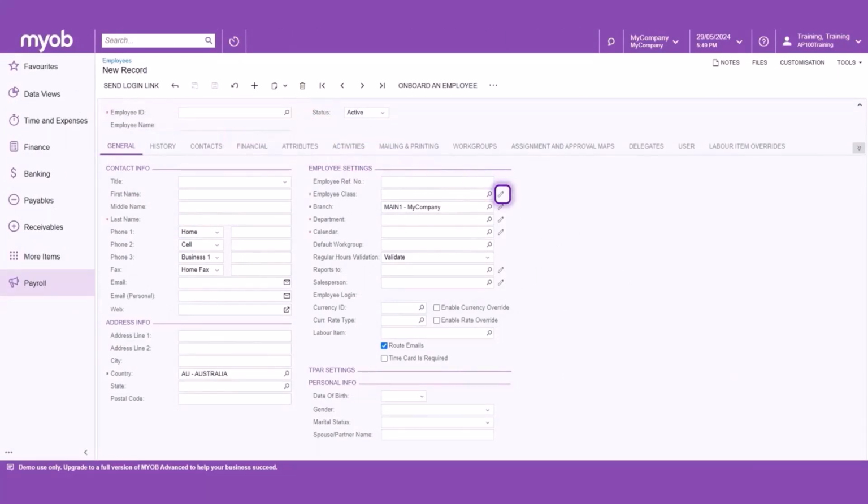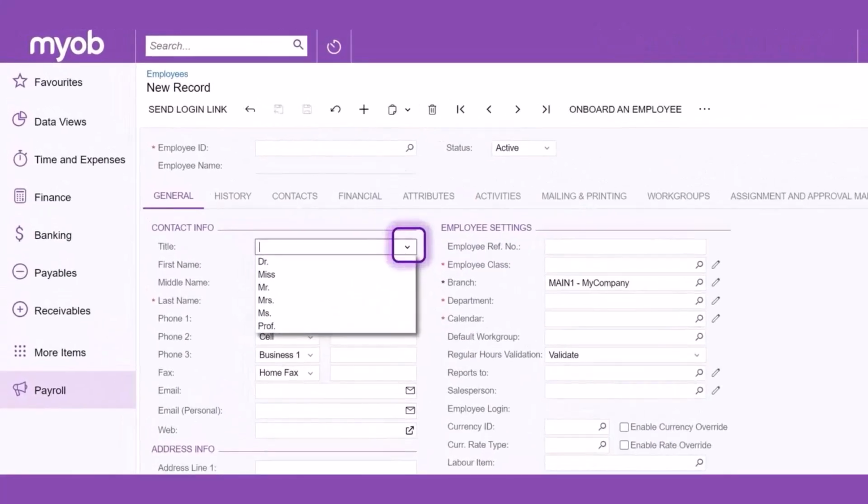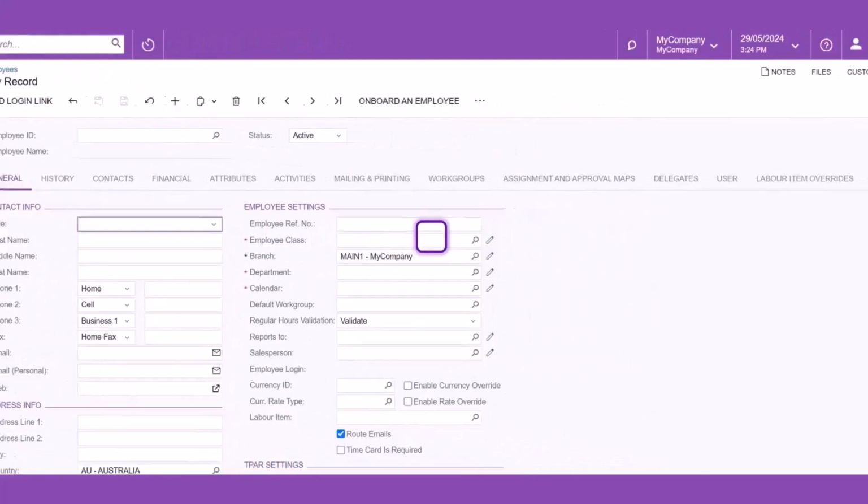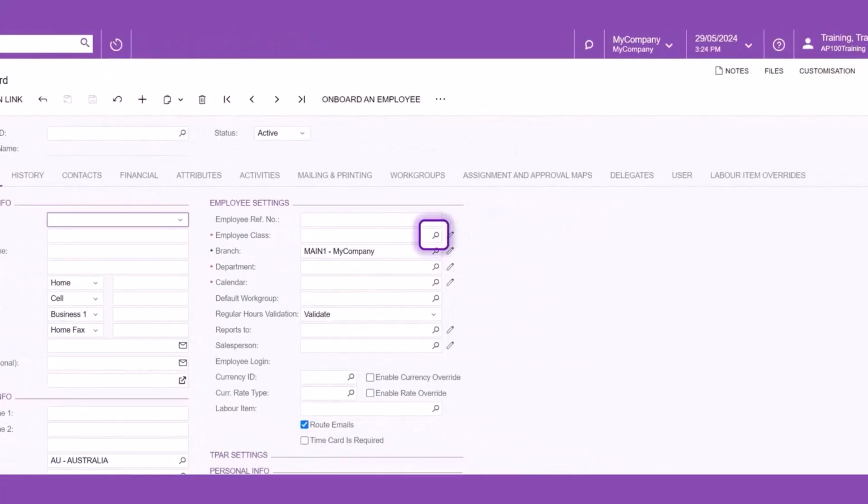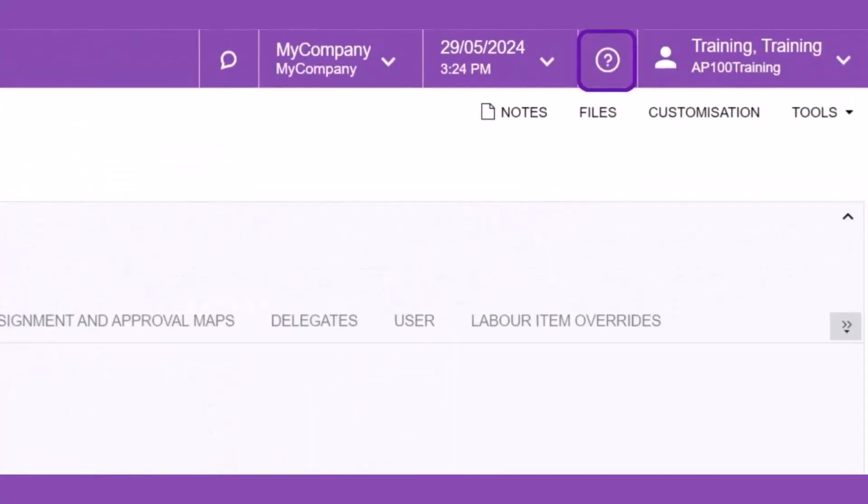Click on the pencil next to the fields to display the record in a new window. This allows you to view and edit it as necessary. In the drop-down lists, you can start typing to autocomplete. Or click on the magnifying glass to open a lookup window or press F3. MYOB Acumatica supports several keyboard shortcuts. To use keyboard shortcuts, go to the Help menu for a list. For example, holding down Control while clicking on any link will open it in a new browser window.